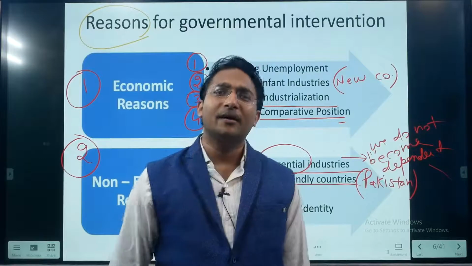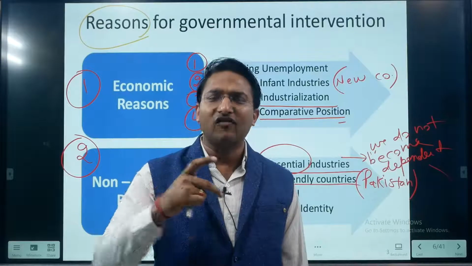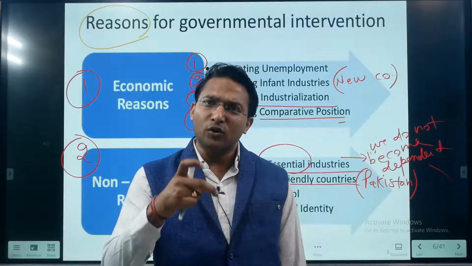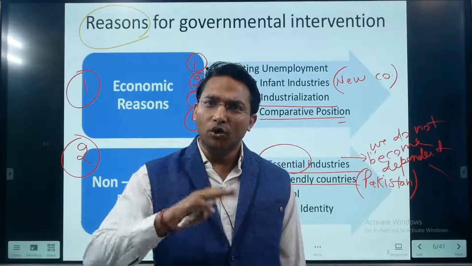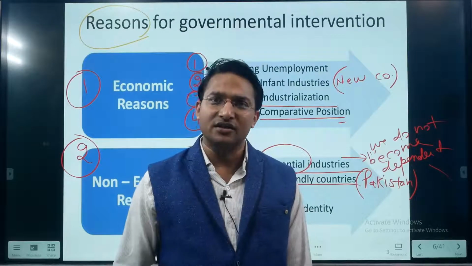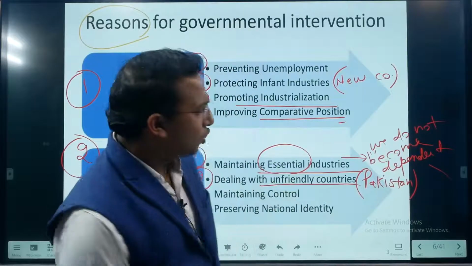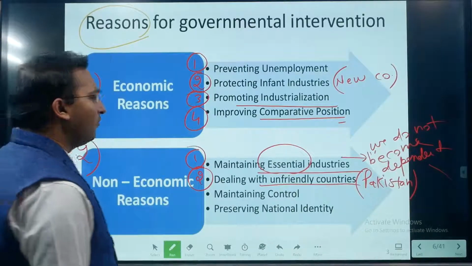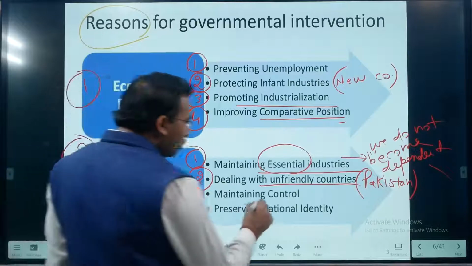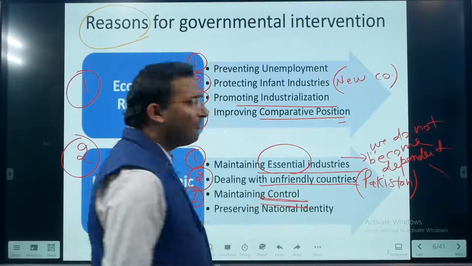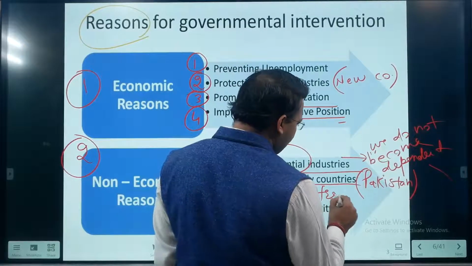Or if we take another example, the USA and China, they are having the trade war. So both of these countries put many kinds of restrictions. Another example is USA and Iran, both are having unfriendly relations. So USA puts a lot of trade sanctions. So those sanctions are having the form of different trade barriers. Maintaining the control. So we want to maintain the control in our hand. We want to maintain the control especially about the infrastructure sector.